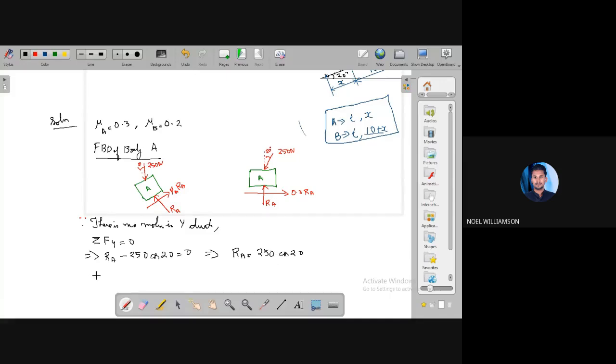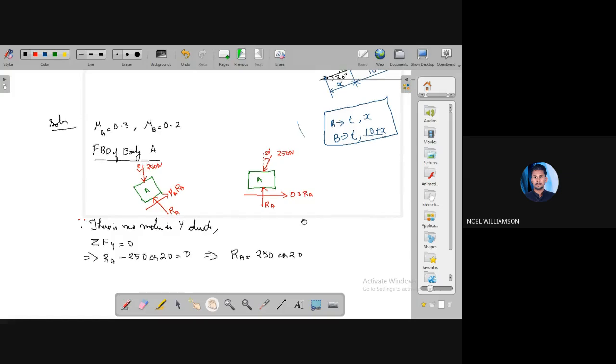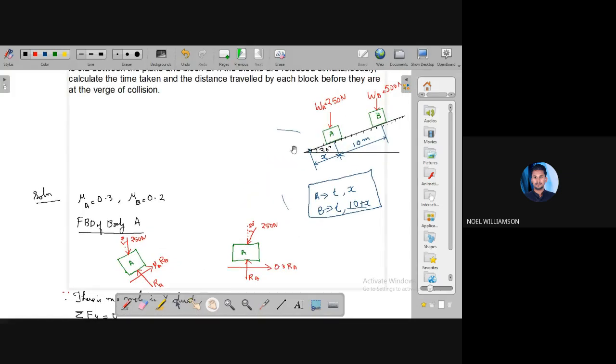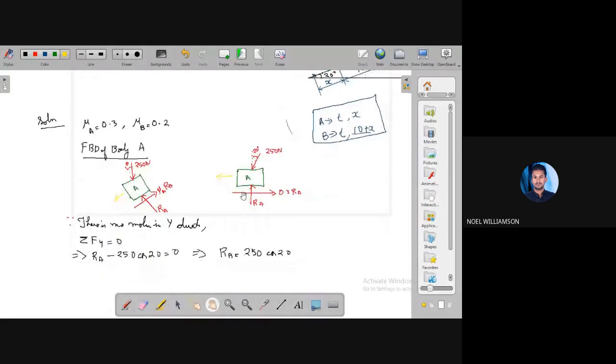Now there is motion in the x direction, and it is in this direction. This is the direction of motion. So that direction is taken as positive, and all other directions are taken as negative. So by Newton's second law, what we can say,